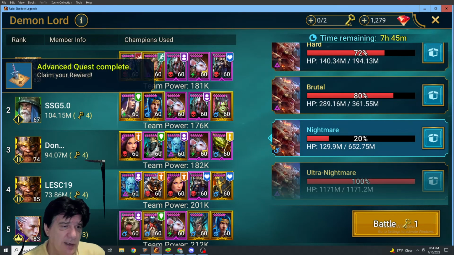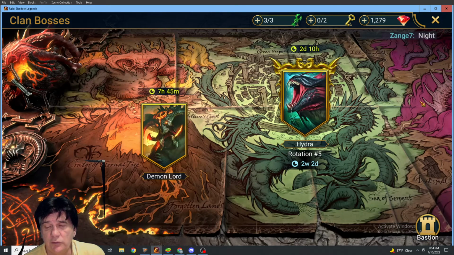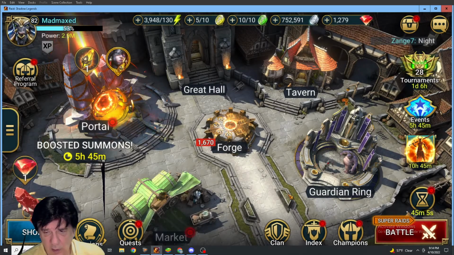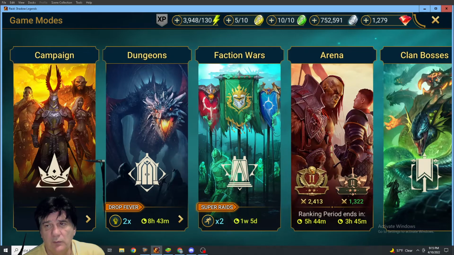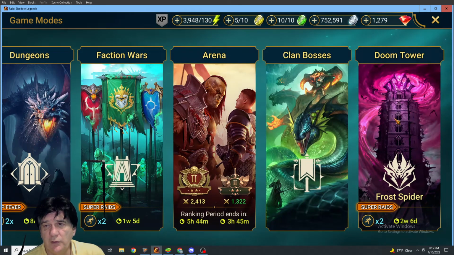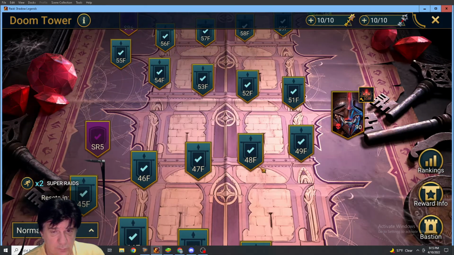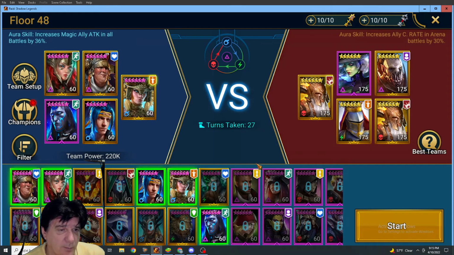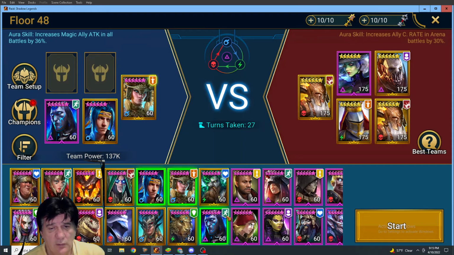But anyway, that's Geo. That's how Geo works. That's how you should do him. I've used him in Doom Tower even. When I'm going to do a short thing about the Doom Tower with him, when I go in here, let's say I'm 48 normal. And I'm going to sit down and I'm just going to use all my nukers. I'm not going to use